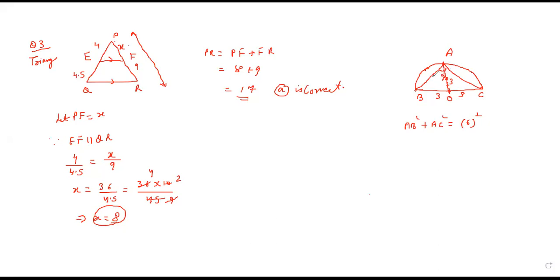Mohit, has he given anything about the side AB or AC? These two sides are equal or something like that, or the property of the triangle, whether it is an isosceles triangle or an equilateral triangle? Sir, no, sir. Otherwise he has given us only one angle which is 90 degree. Why is it 90 degree? Because this is a theorem, and he has given us radius. Radius means OB or OC or OA, nothing else.